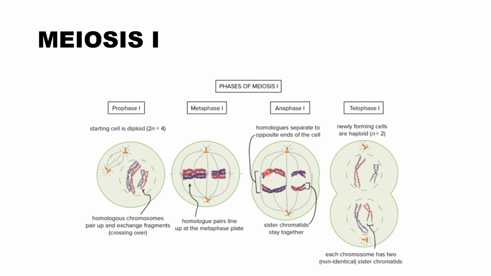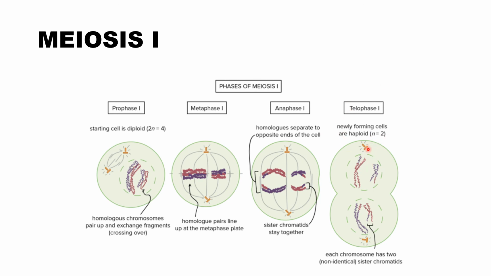So, mag-split up sila katulad rin doon sa mitosis. Pero yung pagkaiba is that sister chromatids stay together. Kasi nga, di ba, pair sila. Dahil pair sila, yung sister chromatids will stay together. Hindi sila mag-split up katulad dun sa mitosis kasi individual chromosome lang yung pumupunta. Kaya nag-split up yung mga sister chromatids doon. Pero dito hindi. And then, yung telophase 1 ng meiosis,